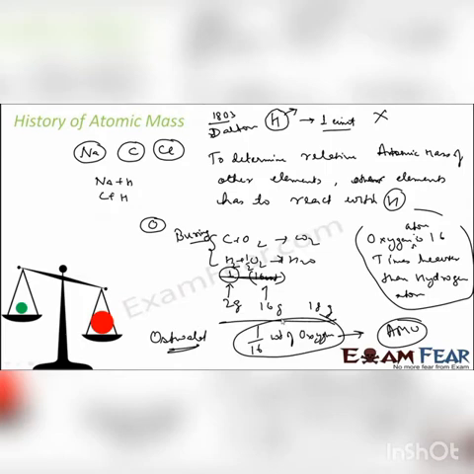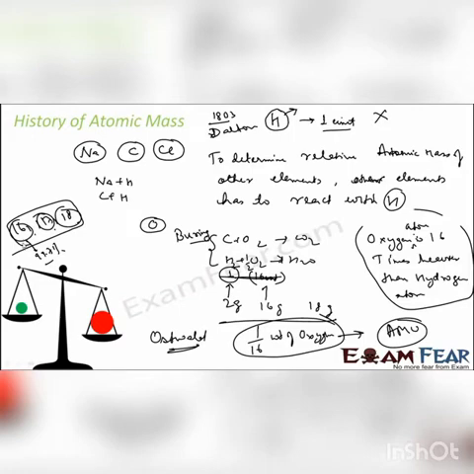But there was a problem. Science progressed and they found that oxygen has 3 isotopes: 16, 17 and 18. In fact, oxygen 16 is almost 99.7%, and the others are very few. But oxygen having 3 isotopes created some problems. So which one to choose? Should we choose 16 or 17 or 18, or the average of all 3?